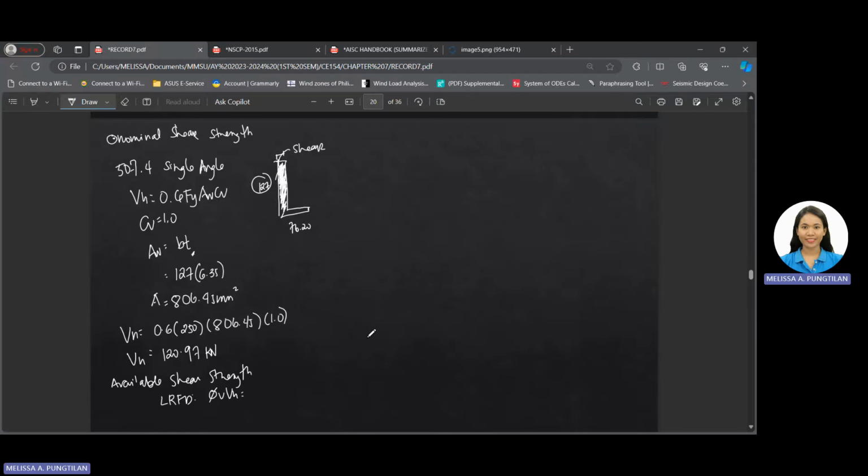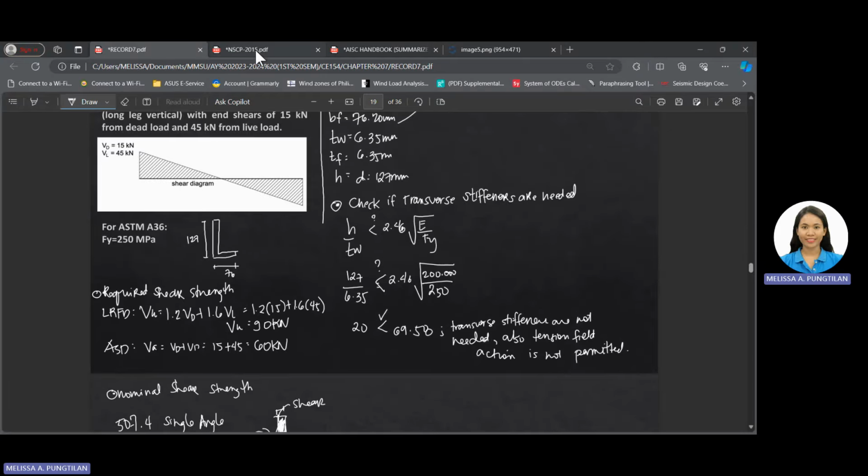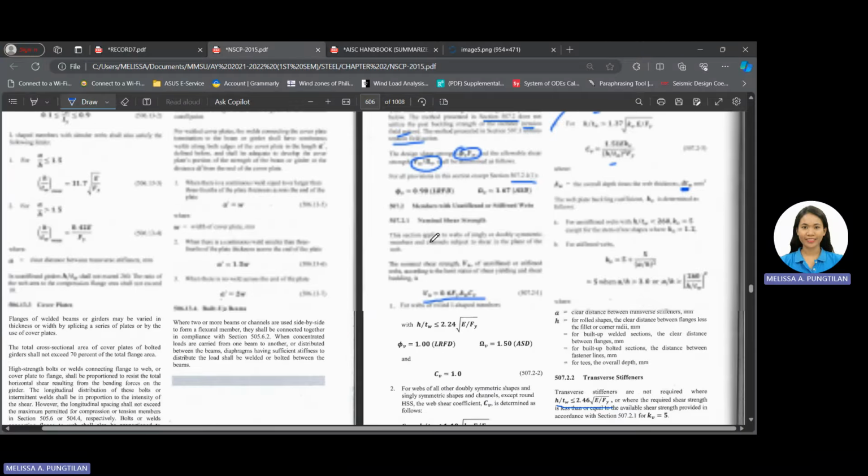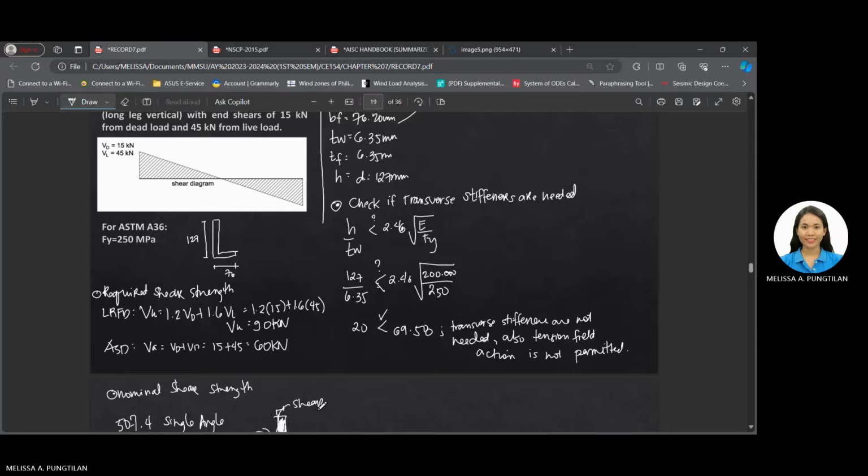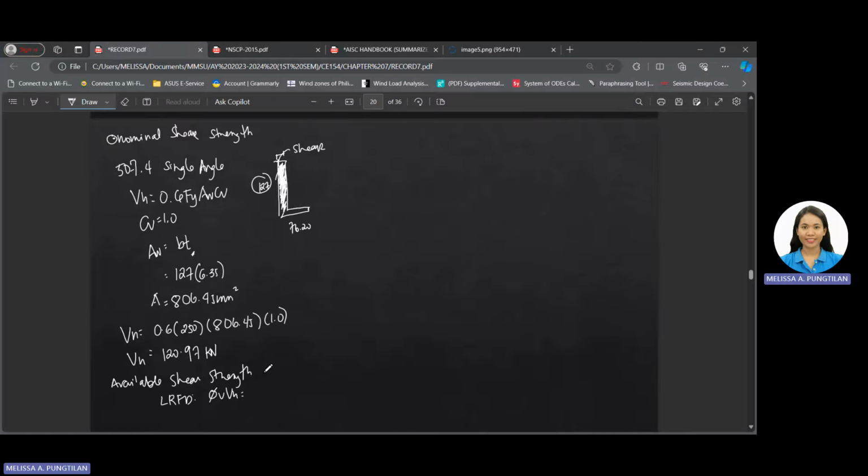So again, we are already in Section 507.4, therefore we can use the specified values here, 0.9 and 1.67. Okay, so we have 0.9 multiplied by 120.97. Therefore, we have 108.87 kilonewton. And then for ASD, we have